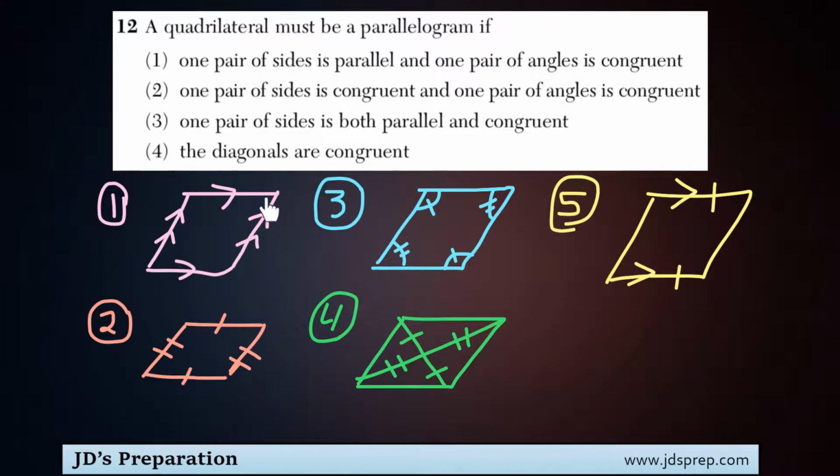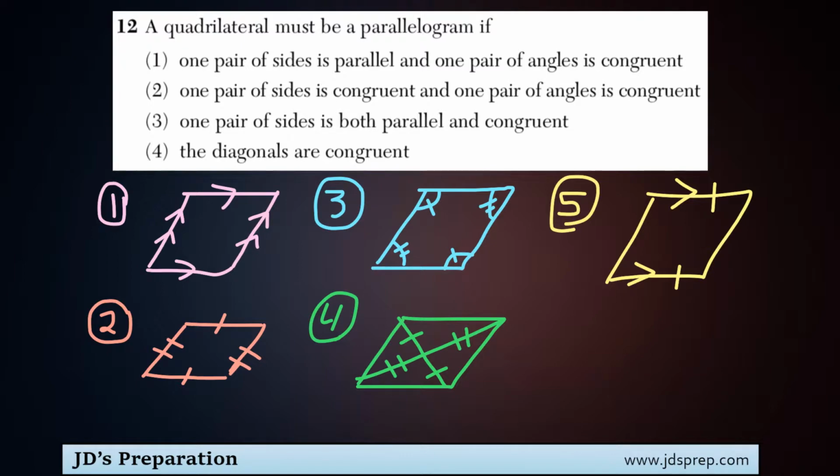That one's pretty self-explanatory. But also, if the opposite sides are congruent, meaning they're the same length, you know you're also dealing with a parallelogram. So if that's the same length as that, and our horizontal lines are equal as well. The third one is if opposite angles are congruent. So if these two angles here are equal and these two angles here are equal, then you definitely have a